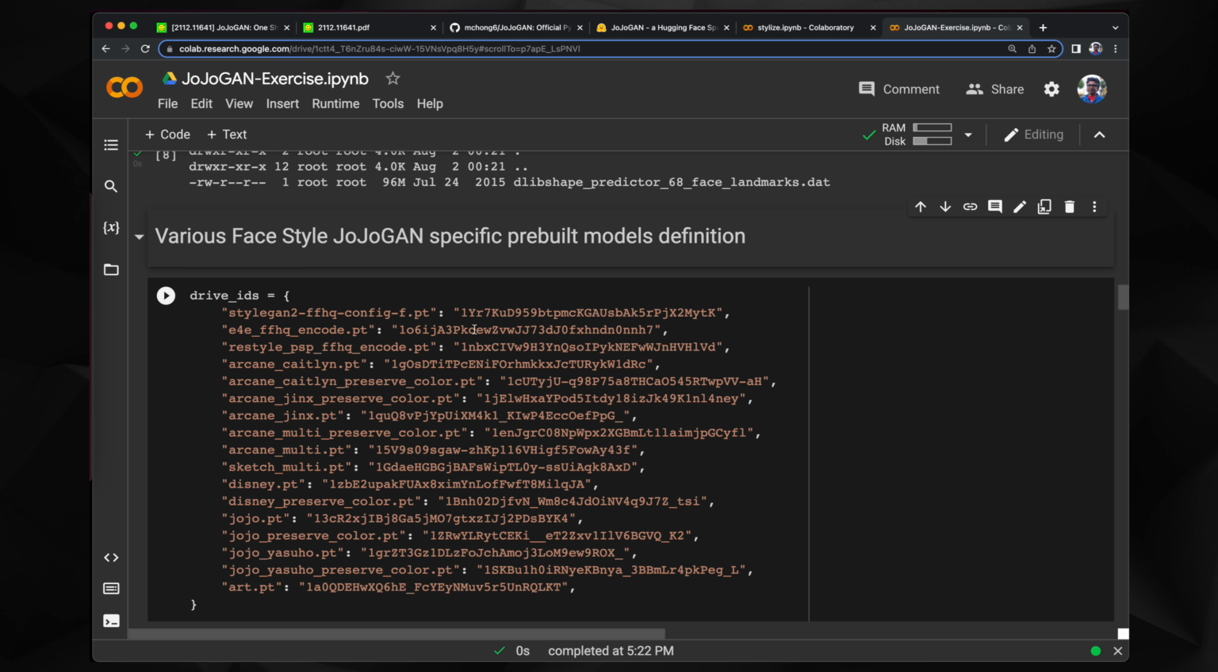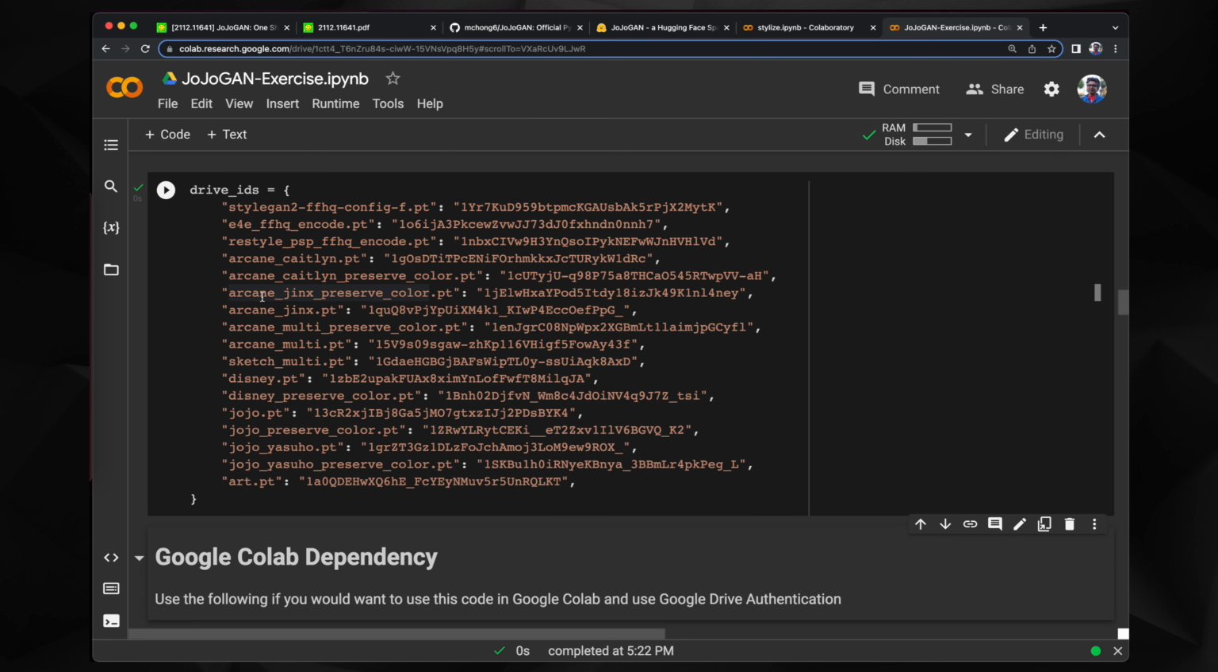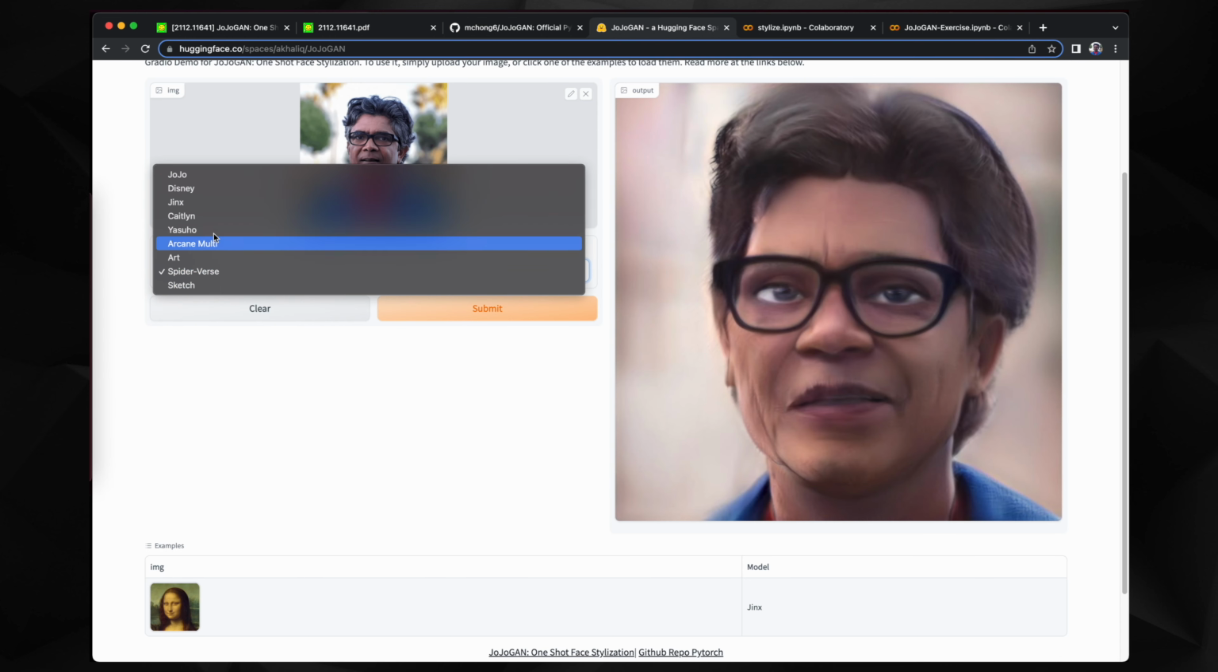Next, here is a list of pre-built models, checkpoints, and their Google Drive IDs. So based on the particular model which we want to use in this Jupyter notebook, we could just call a particular name, and that particular model checkpoint will be downloaded from the Google Drive to our local environment. And many of these checkpoints are also being used in this JoJoGAN sample, which is created at the Hugging Face